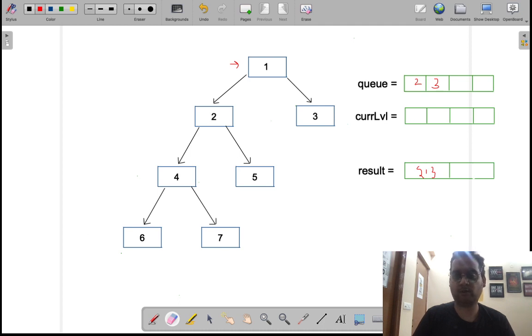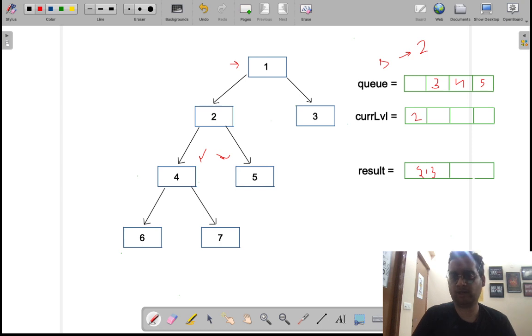Now we take the size, which here will be 2. So the for loop will run 2 times. First we will pop 2, then we put the left and right child of 2, that is 4 and 5, into the queue, and 2 will be added to the first position in the current level array list.